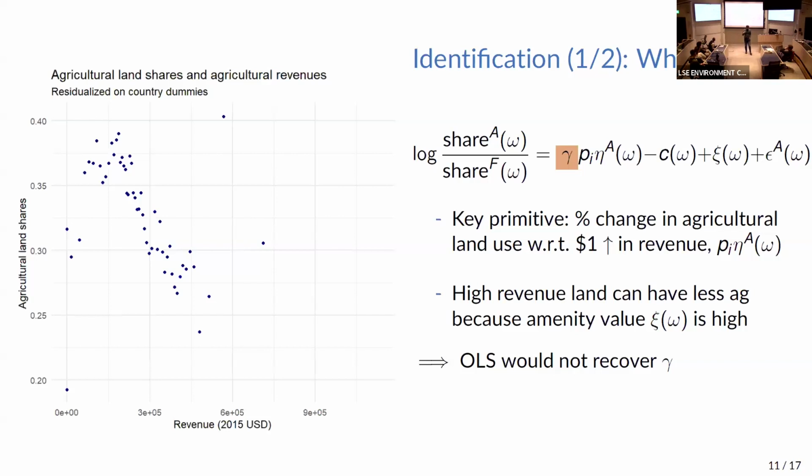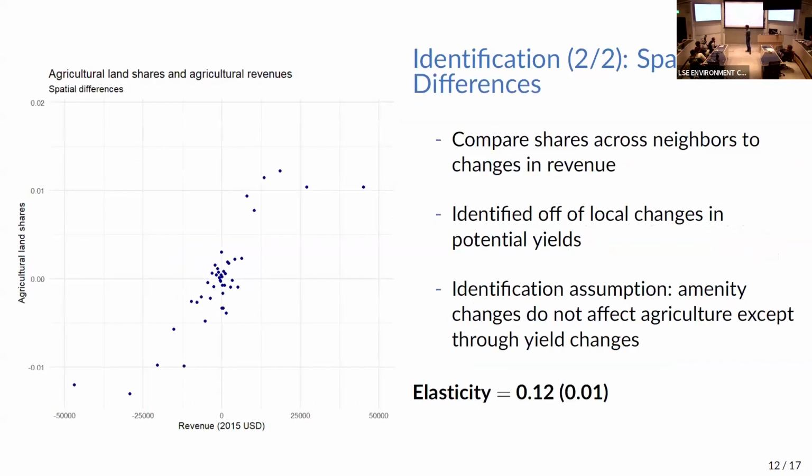And so in the paper, I go through a couple of different identification strategies to think about how I can separate the returns to agriculture from this unobserved amenity term, essentially the returns to being in a city. One of the strategies that I use, actually Hannah was cited in the last talk, this is another Hannah Druckenmiller innovation, is the idea of a spatial first difference. So instead of comparing things in the cross section, I say, let me take you and compare you to your direct neighbor. And I'm going to take differences across those two units, so me versus the grid cell next to me,